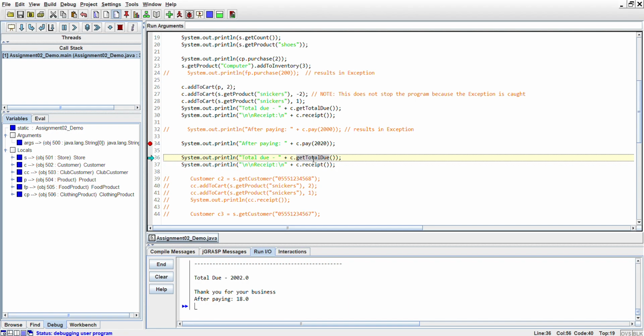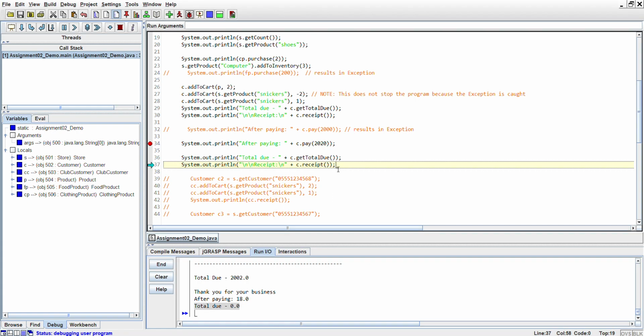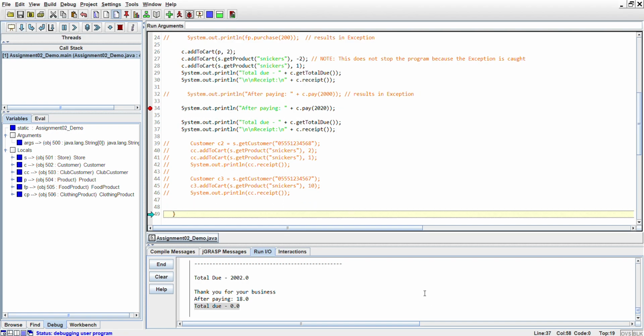If you said nothing, then you're right, because they've already paid for their computers and Snickers. They don't need to pay for anything else because they haven't bought anything else. Now they've started over. Okay, so the total due is now 0. We've reset it back to what it was before. Okay, and the receipt. Okay, and this is where you can do what you want to do. The way that I implemented this was,